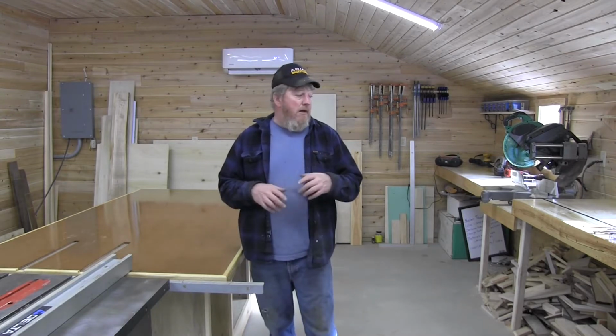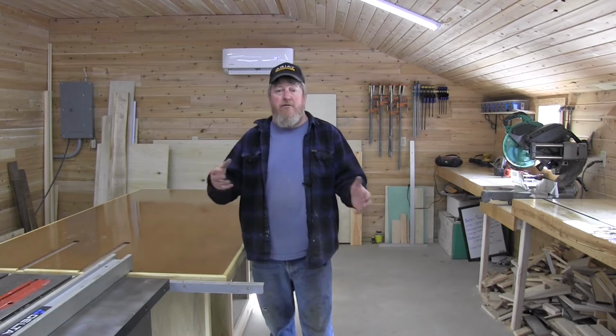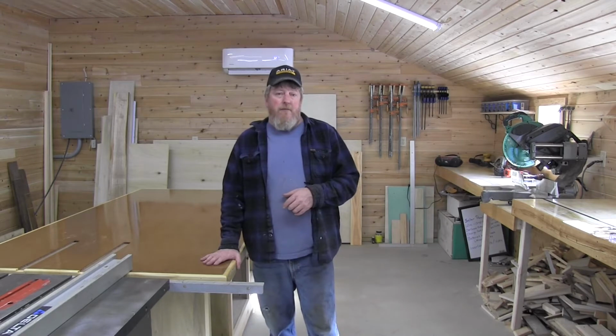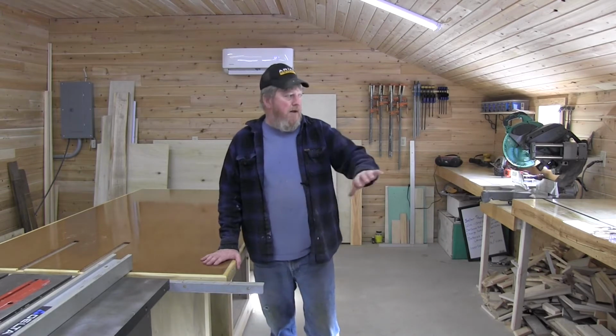So anyway, we wanted to show you some of the things we've done. We're setting up this woodworking shop because we enjoy woodworking, but also we see that as a way to make a little bit of money, maybe building some stuff and selling it: patio furniture, picnic tables, dressers, chairs, whatever it may be. We really enjoy doing this, and we do believe there is a market for that, and that's part of that sustainable program. So we're going to talk mostly about the Outfeed table today that we've built,